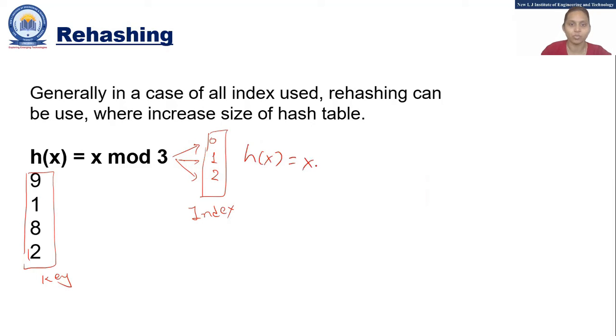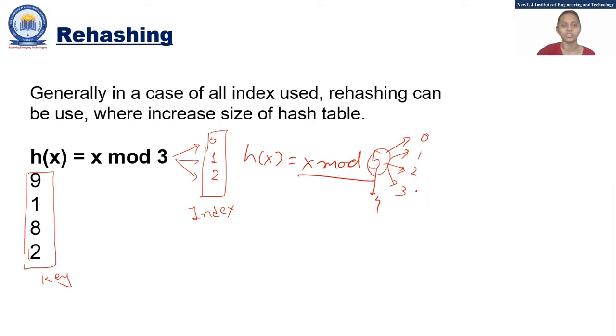Okay? Rehash the function means what? You can give a new hash function where you have more than 3, or you can say more than 4, valid combinations. Okay? Ideally, they use some prime number. Why are they using the prime number? Because it will provide me the uniform distribution. Fine. So this way you can rehash your function. That's why you end up with more options 0, 1, 2, 3 and 4. Okay. So this is easy to understand how we can create a rehash. We can also use 7. So this way you reassign a new hash function.